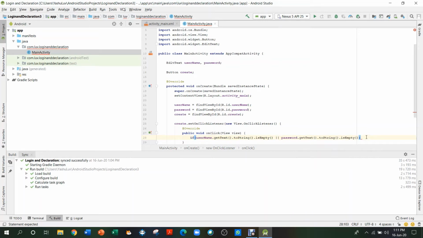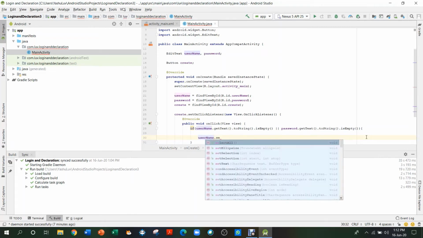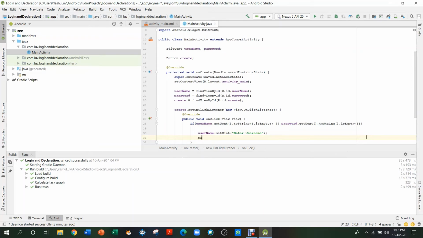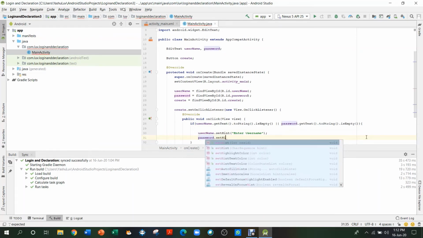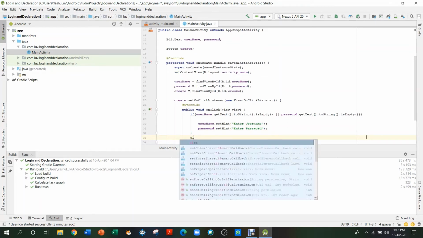So if one of these is empty, then we are going to do username.setHint("Enter username"), and then password.setHint("Enter password"). Then after that we are going to add our else,